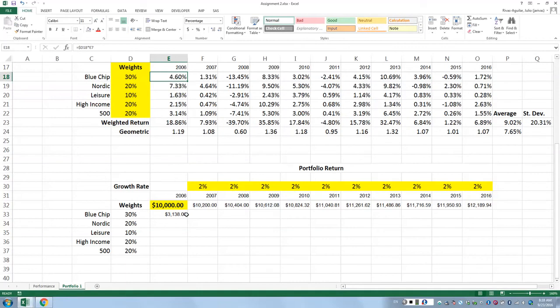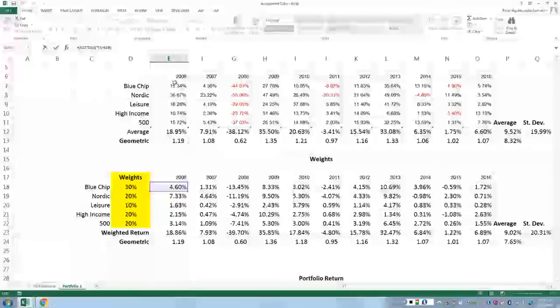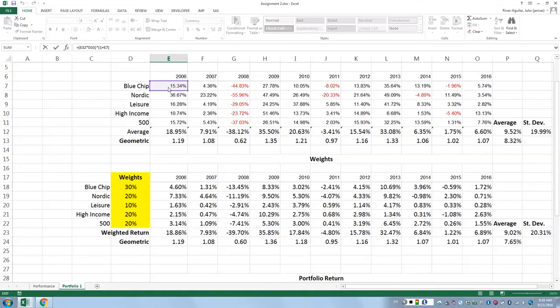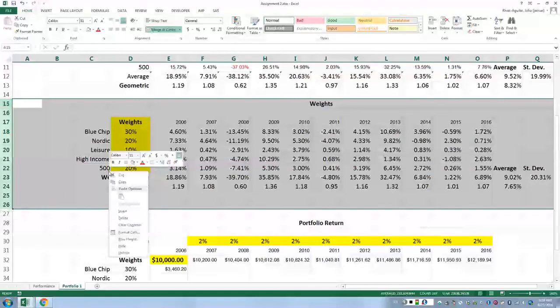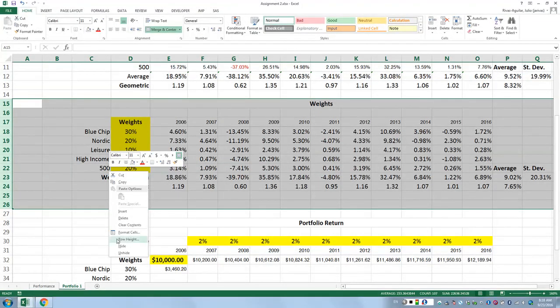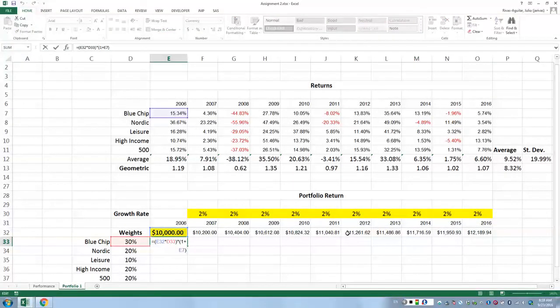Actually, go back. Go back. Sorry, we don't take this into account. We take this one into account, 15.34. Just to make sure we don't make the mistake that I just made, I'm going to hide this table, right? Okay, that is better. The previous table was giving us the return in terms of weight. We're thinking about the total portfolio. Now, in reality, the blue chip fund was the one that made 15%. So we were not getting 4.6, we're actually getting 15%.